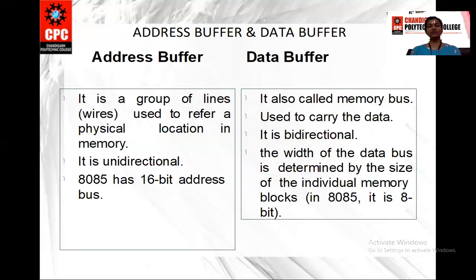What we do is we combine the first 8 bits of address with the data. That means A0 to A7 is combined with D0 to D7 and it will become AD0 to AD7. And then what happens? It becomes address data buffer. That means address data buffer can have address or it can have data also. Right? And A8 to A15 is your address buffer. It contains only address. But on AD0 to AD7 data buffer, you can have address as well as data, but one at a time, either address or data.